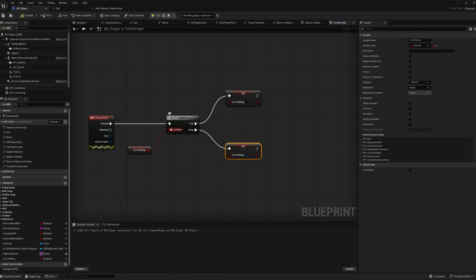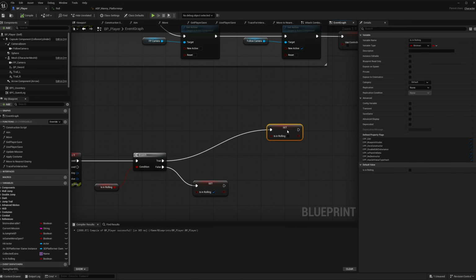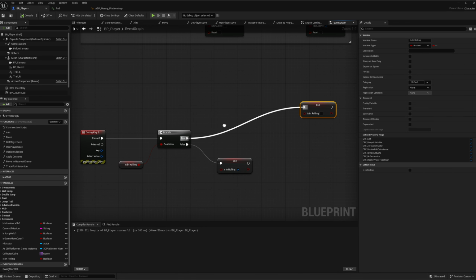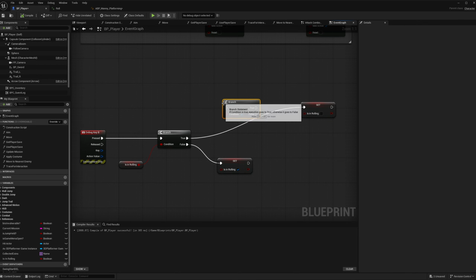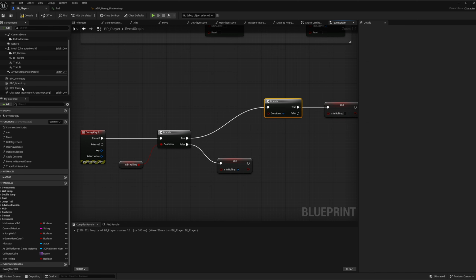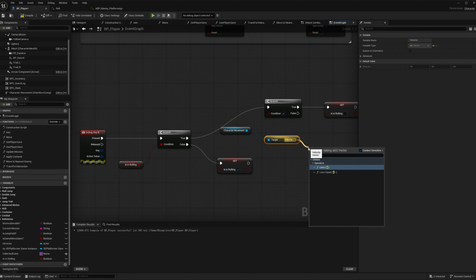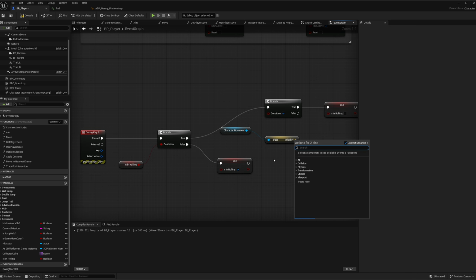So if we aren't rolling, what we want to do, let's add another branch here and check that our character velocity, get velocity, is less or less than, let's say,